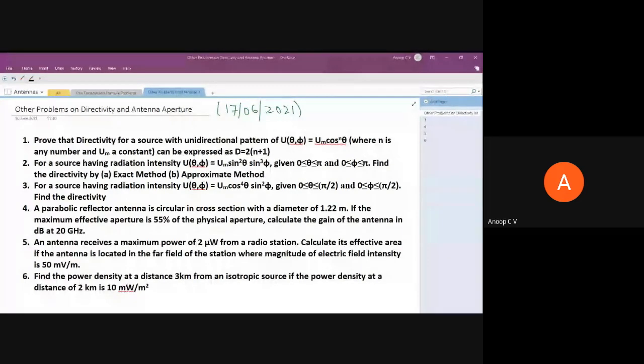Directivity. So these two, question number 2 and 3, are homework. You should try and tell me the answer. I'll go over it in the next class. I may ask some of you to show your notebooks. I may want to see this problem solved in your notebook. Everyone, questions 2 and 3. I'll post these questions in Canvas. You can take it up from there.